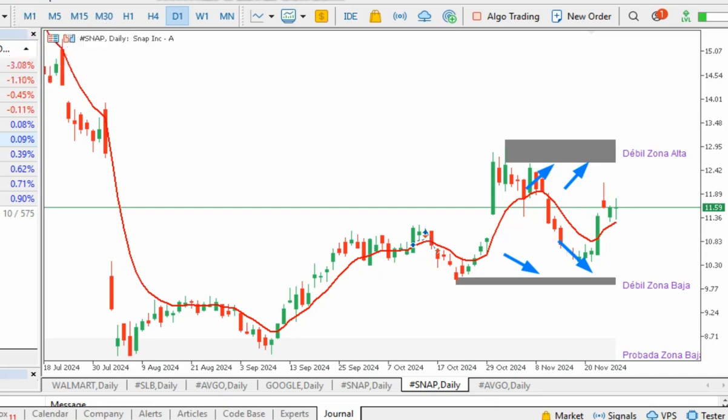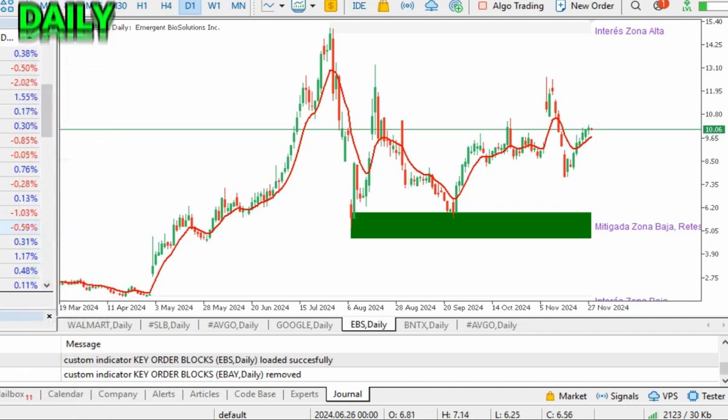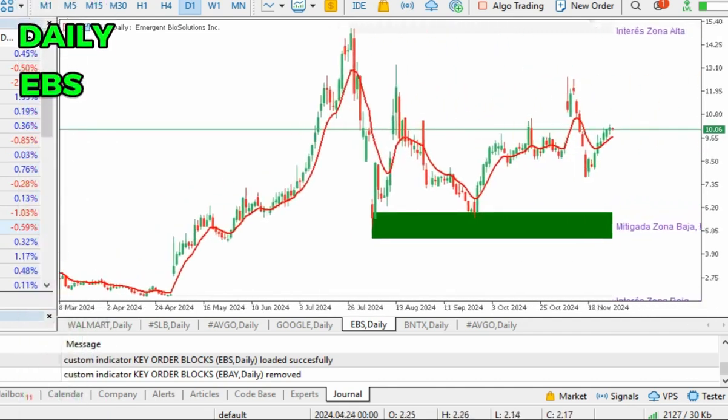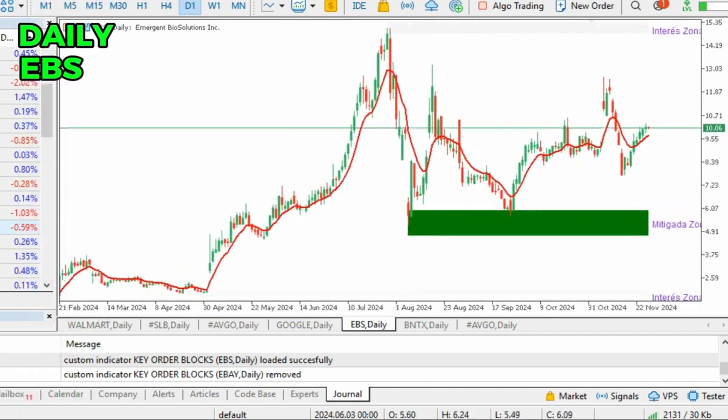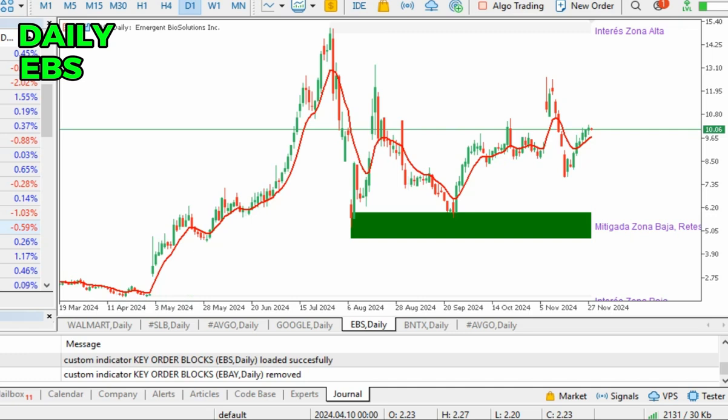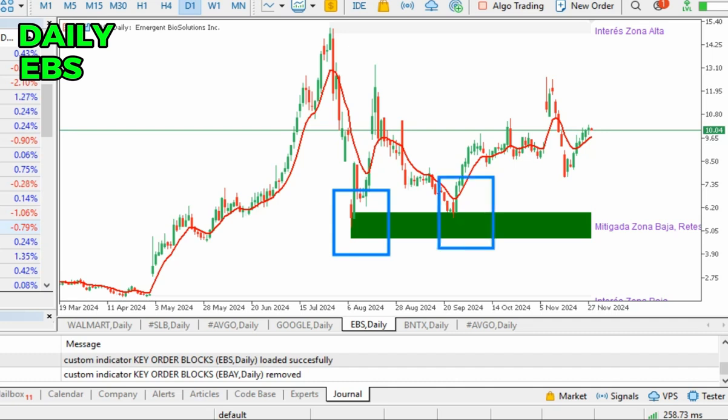Alright, now let's take a look at a buy trade. This is a daily chart for EBS Corporation. As you can observe, the Megatron printed for us a green zone. This means we shall only be looking for buy trades. A second condition is we wait for price to test this zone the first time, which happened right here. Then the third condition is we wait for price to retest this zone the second time, which happened also right here. Then the last condition is we wait for price to close above the T-line, forming a candlestick buy signal,